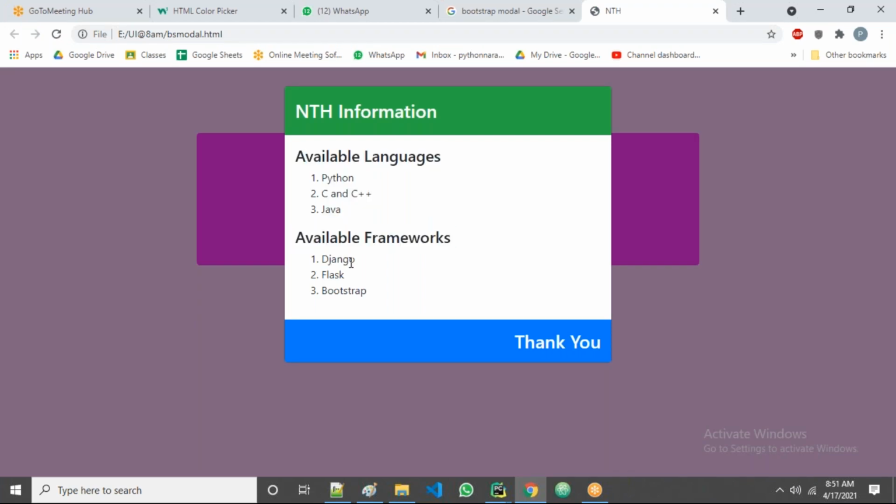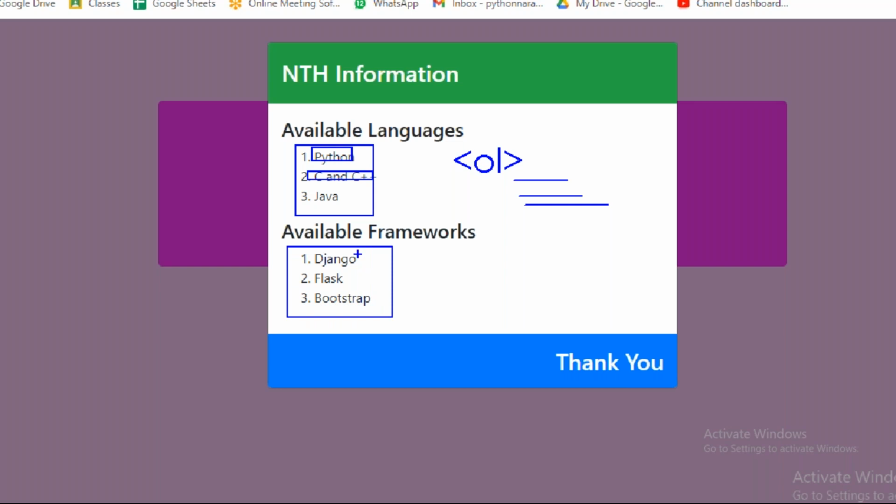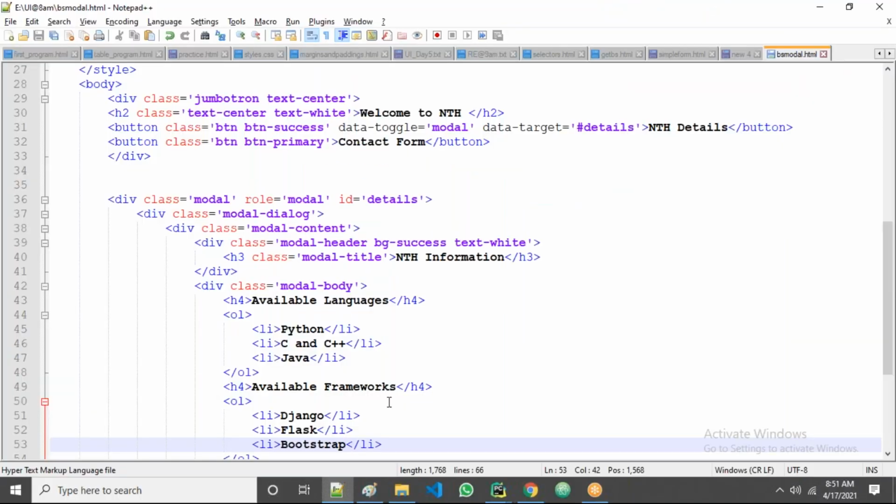It displays all the items. See, in these two cases, which tag did I use here? We used the OL tag. Why OL tag? To get the numbers like this, guys. And for every item again, we use which one? LI tag, like this. LI tag. They are also the same. Initially, I used the OL tag. In the OL, I use which one? LI tags, right? LI tags, guys.